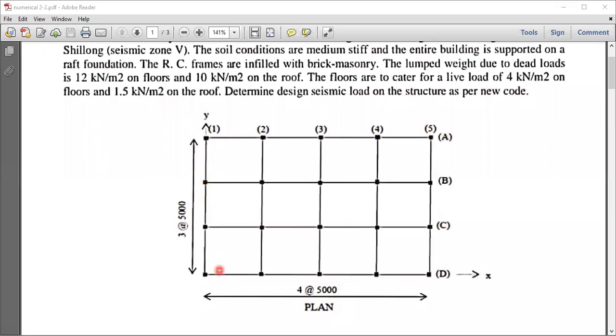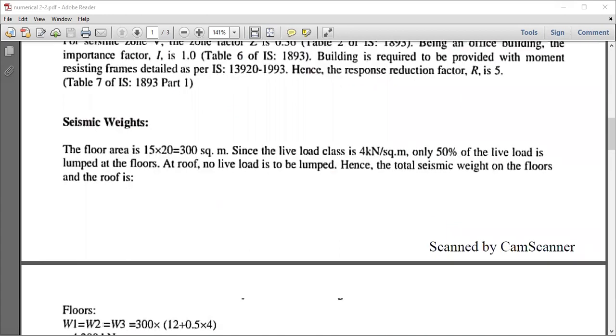So 5, 10, 15 in y, and 5, 10, 15, 20 in x direction. Total floor area is going to be 15 into 20. So the floor area is 15 into 20, that is 300 meters square. Since the live load is 4 kilonewton only, I have to use a clause here for live load